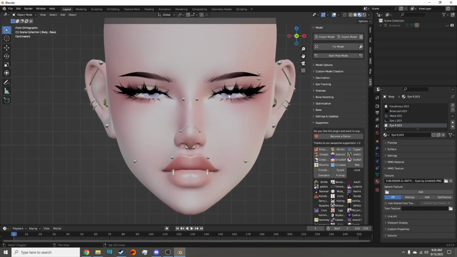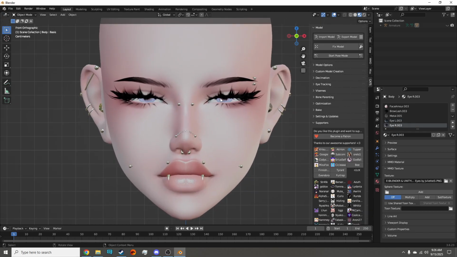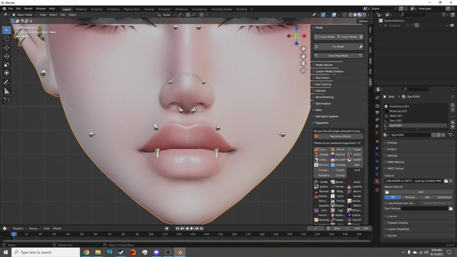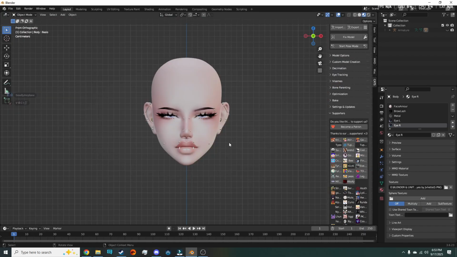Okay, now we have added the eyeballs. I'm going to go ahead and delete these piercings on the lips so I can show you how to do this properly from scratch. So an important note you want to keep in mind when creating VRChat avatars is